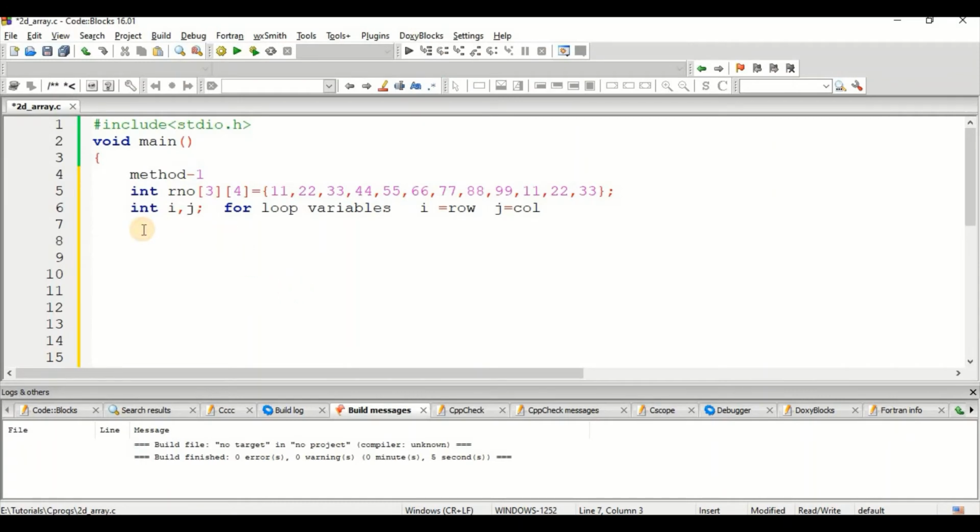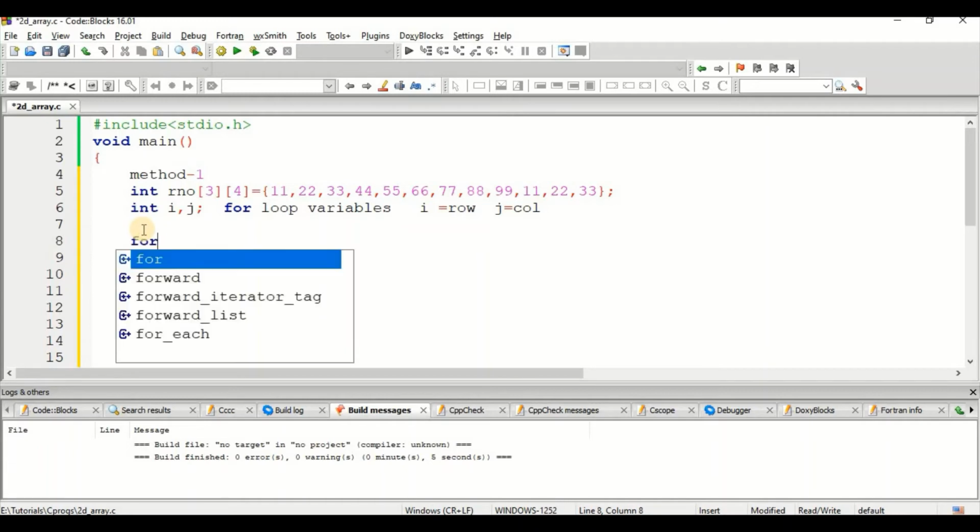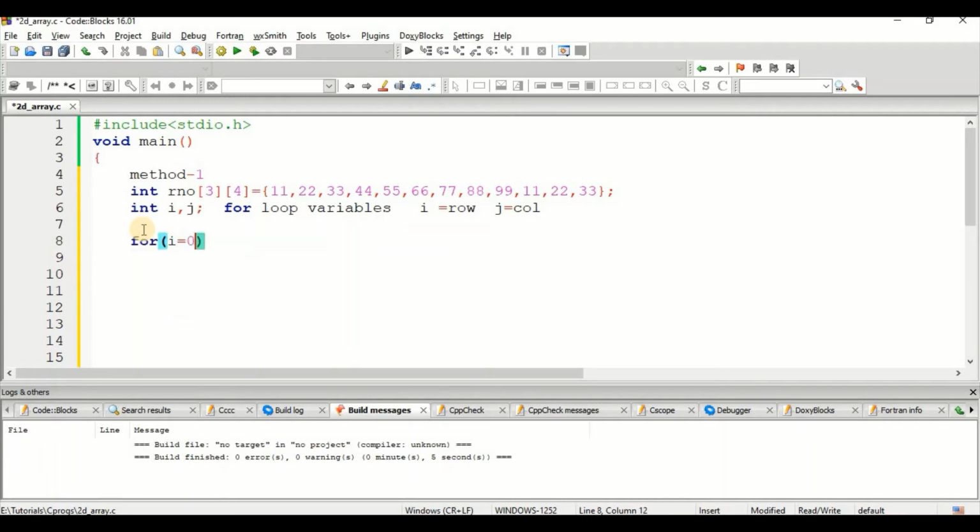For that purpose, I am going to write here for i equals 0. I am working with the row here. i equals 0, i less than 3. Maximum what is the value given here? That is 3. So I write i less than 3 and i plus plus. Then we need to open a curly bracket.